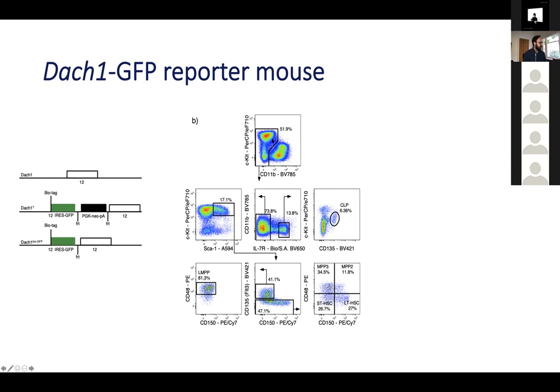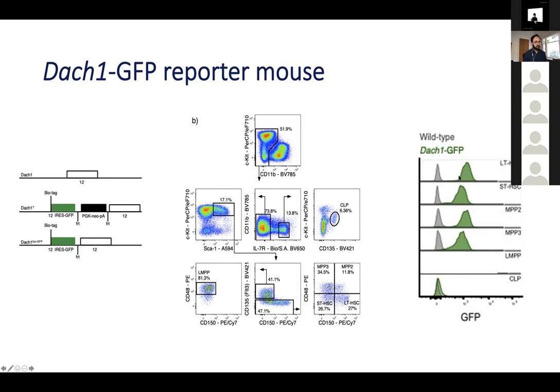We looked at the LSK fractions, then we split the IL-7 receptor positive into CLP, common lymphoid progenitors. The IL-7 receptor negative, we split into long-term HSC, short-term HSC, MPP3, MPP4, and 3 and 4, otherwise known as LMPP. And when we looked at the expression of GFP on this mouse, sorry for the low resolution here, but we